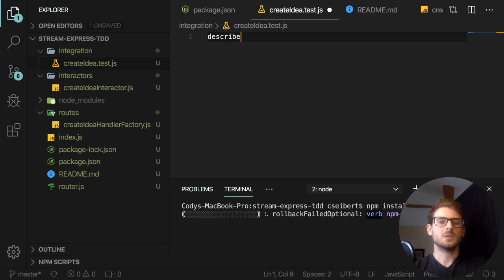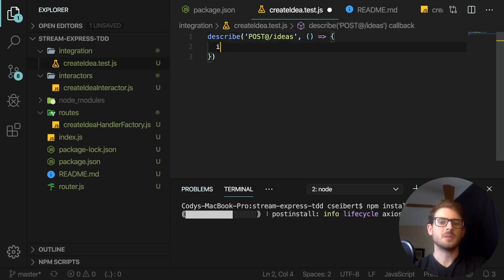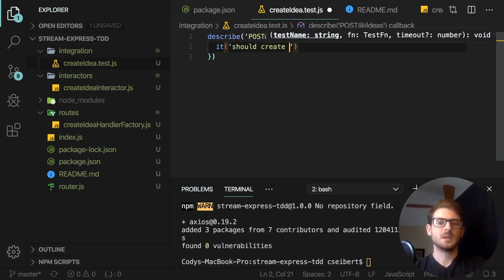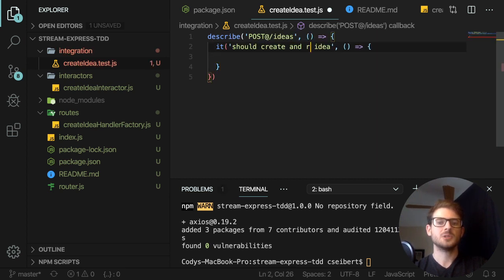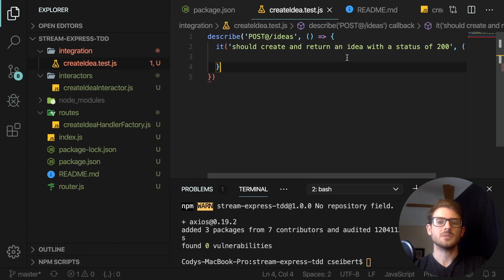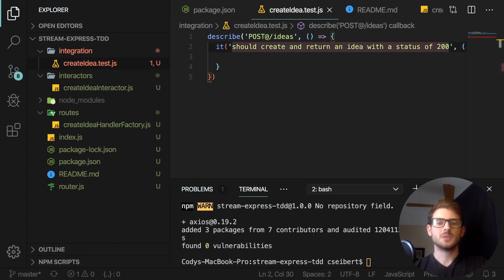And while that's installing, what am I going to do? Okay, so verify the create. Actually, for describe, I'm going to say create POST /ideas. How about that? That's what we're testing. We're testing an endpoint. And inside of this describe block, we can put more it statements to say should create an idea, to create and return an idea with a status of 200. How's that? So that is a test that we are trying to write